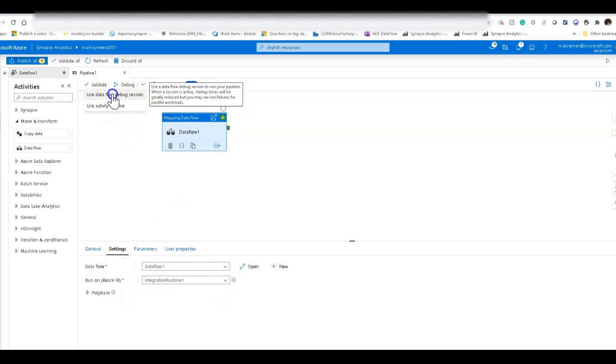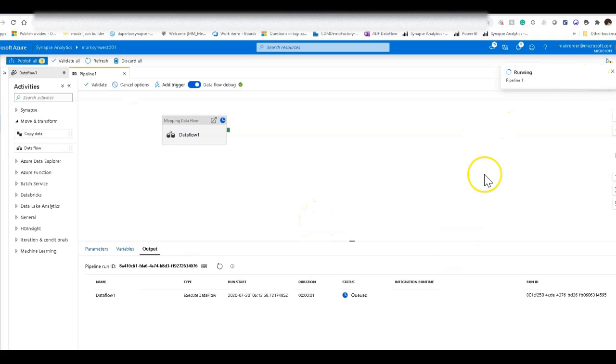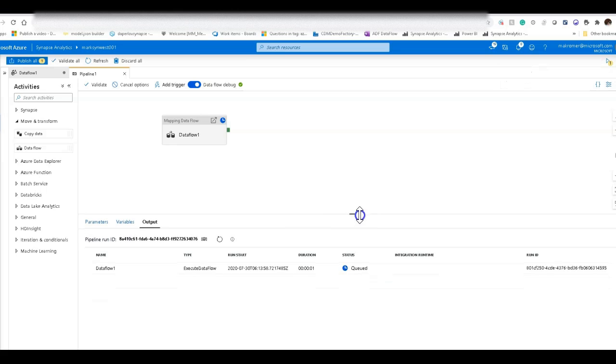So let me click the first one, which is the current action, which is what you see today, which is going to use that already warmed Spark cluster in the background to execute my data flow. This data flow should be pretty fast. Shouldn't take too long to execute. But what happens is we limit what you can do on that cluster, because that single cluster is being used by your session for your data previews, your pipeline debugs of data flows. And so we don't want to have a number of concurrent jobs running against that cluster.